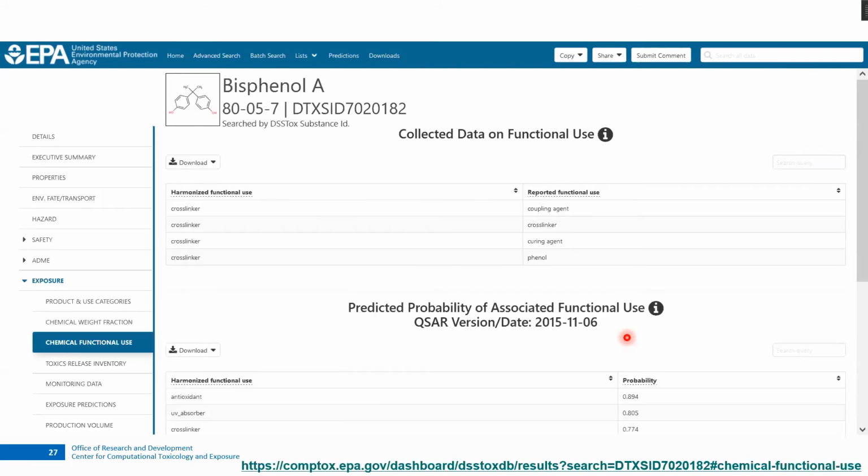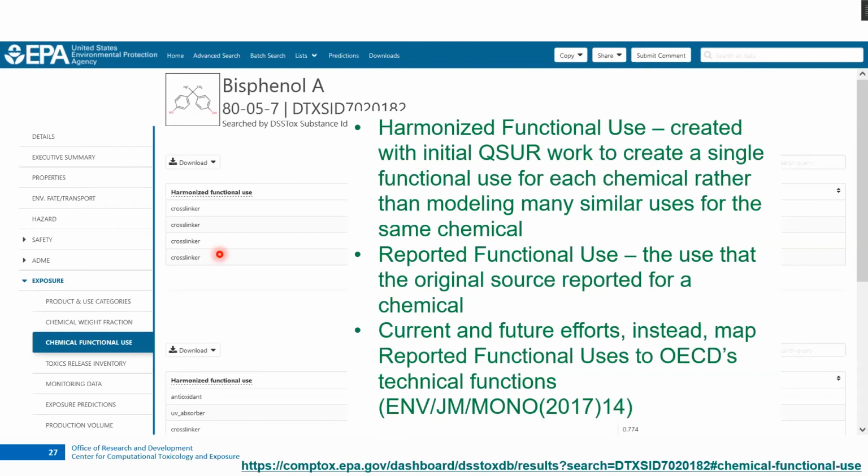We can also move down to functional use information. What you'll see here is the top table would be harmonized, collected functional use information. So this is like I've been saying all along, we have our collected data. You'll see that you have reported functional use and harmonized functional use, and things are quickly changing. We're working on rebuilding these QSAR models. But what you'll see on the dashboard now is the harmonized functional use, and you could of course hover over